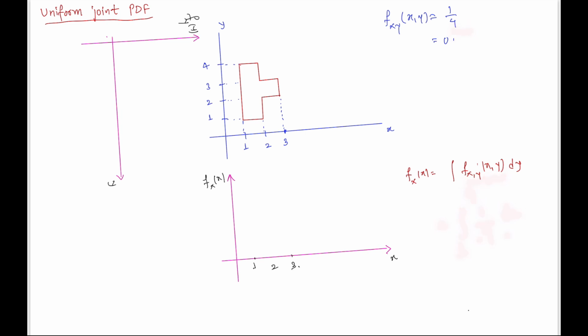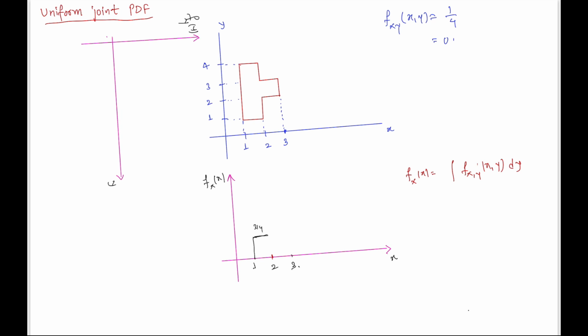So overall for x from 1 to 2, the marginal PDF of this random variable x will have the height 3 divided by 4,